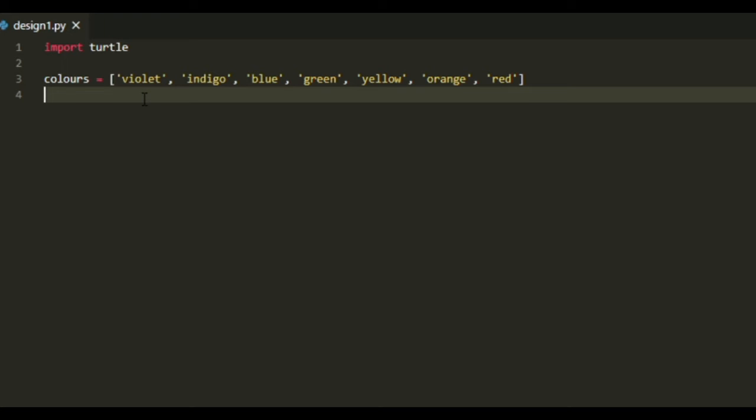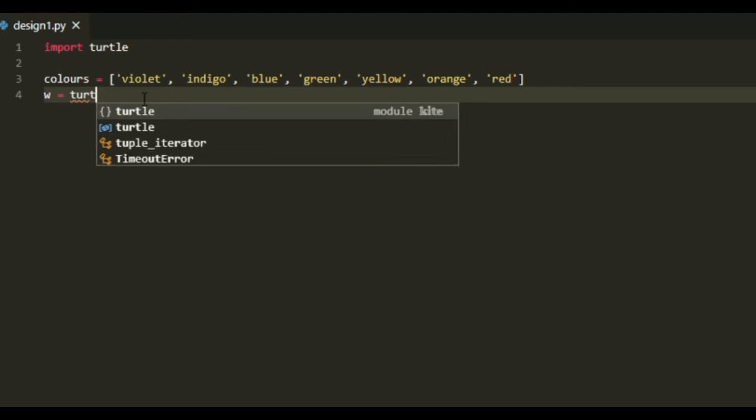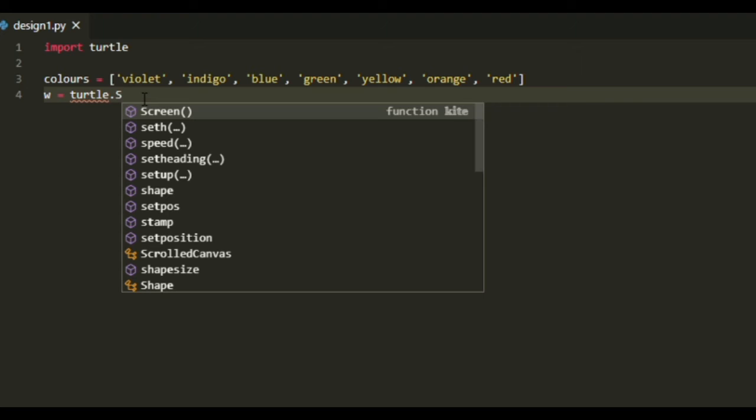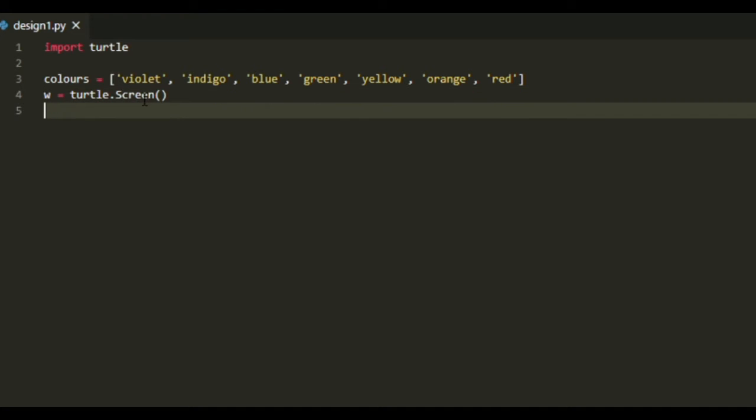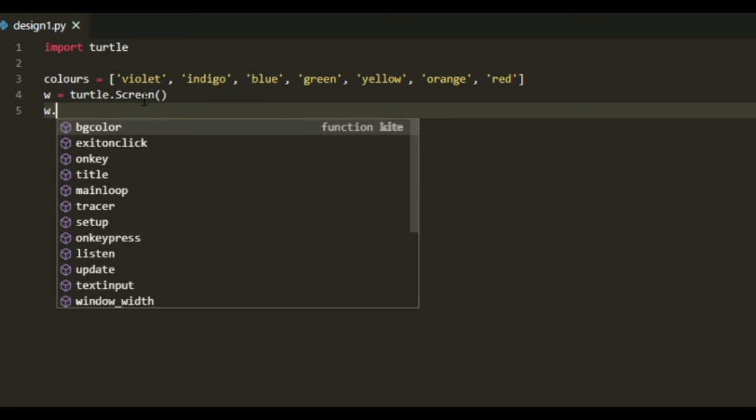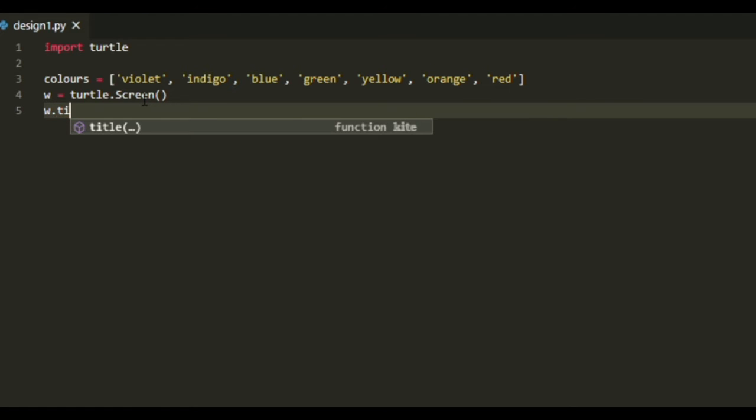So we will continue our program. We will write t is equal to turtle dot screen to create a window, and we will name this window's title as color wheel.